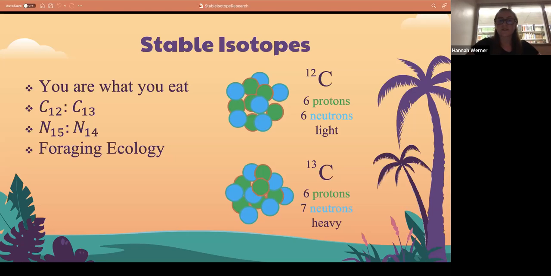So when we see those differences in nature, we're able to form a ratio that is specific to the diet that the turtle is eating. Then we're able to look at these ratios and make inferences about the diet based on those unique ratios. Like I said, we looked at carbon 12 versus carbon 13, that ratio specifically, and also nitrogen 15 versus nitrogen 14, which is also very important. And like I said, it relates to foraging ecology. So you are what you eat. We can look at that and discover the specific diet and make inferences about it.